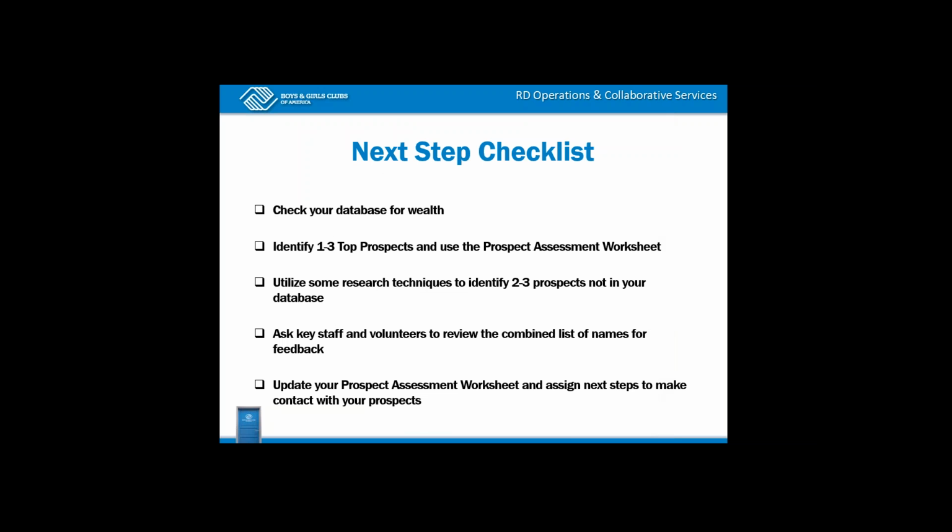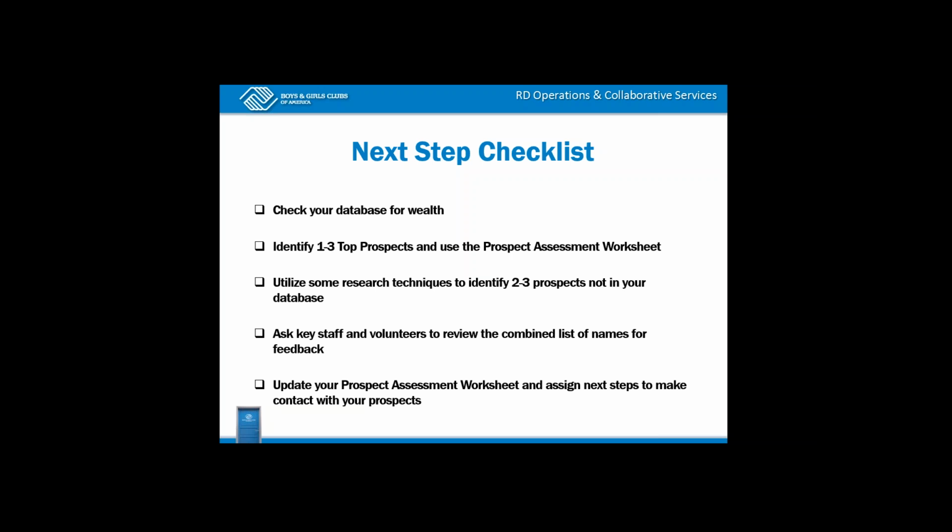Some next steps I would recommend: check your database for wealth and use some of the tips and tricks discussed in this webinar to identify 1 to 3 top prospects, and use the prospect assessment worksheet to figure out what you already know about your prospect and what you need to know. Then utilize some of the research techniques discussed today to find 2 to 3 prospects that aren't in your database but are in your community. Then ask key staff, board members and volunteers to review the combined list for feedback. Based on that feedback, update the prospect assessment worksheet and assign next steps to make contact